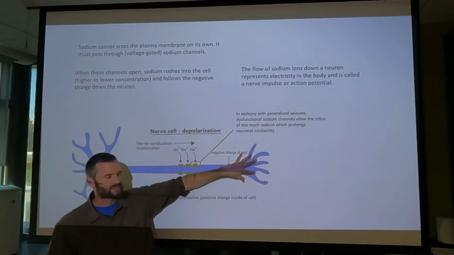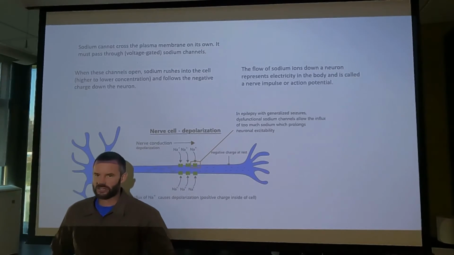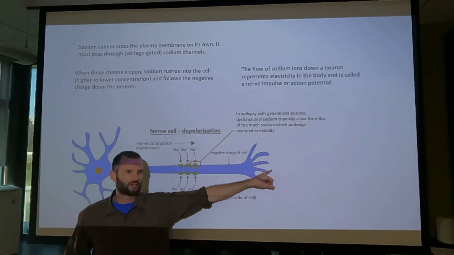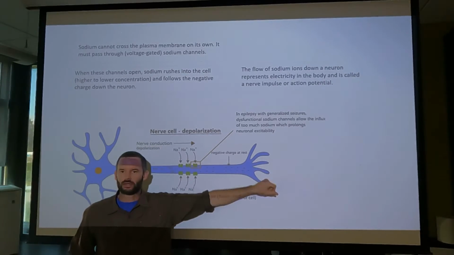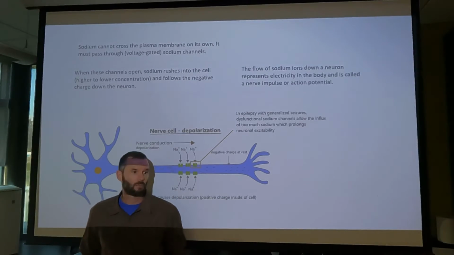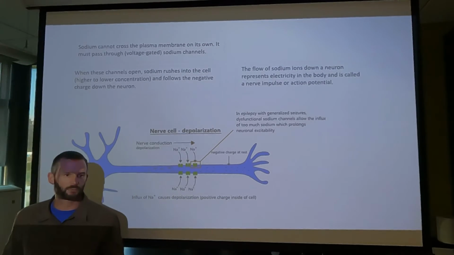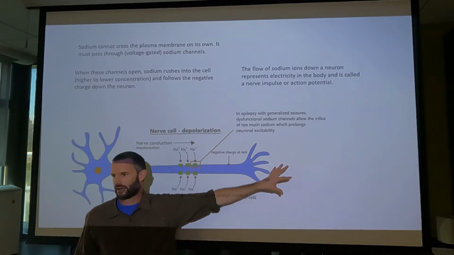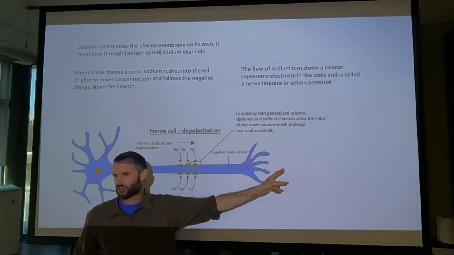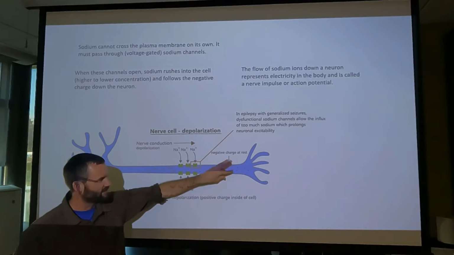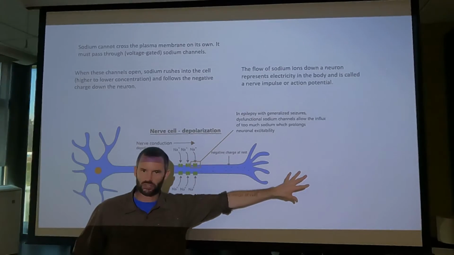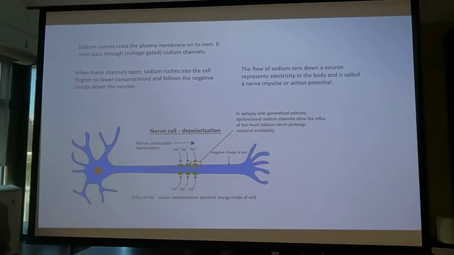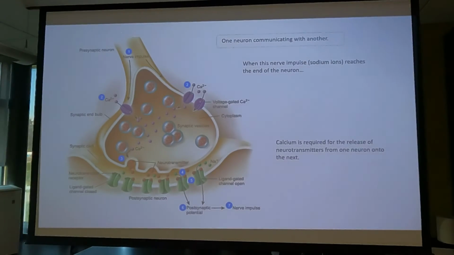And what can this neuron make contact with? What can it synapse with? Well, it can make contact with another neuron. It can make contact with muscle: smooth muscle, cardiac muscle, skeletal muscle. It can also make contact with glandular tissues, the glands of the body. But in the instance that we're going to look at, we're going to have this neuron communicating with another neuron, sending information from one neuron to the next. How does that happen?